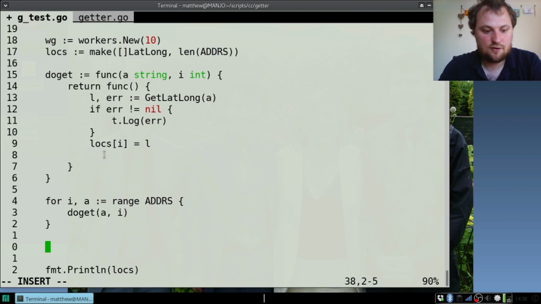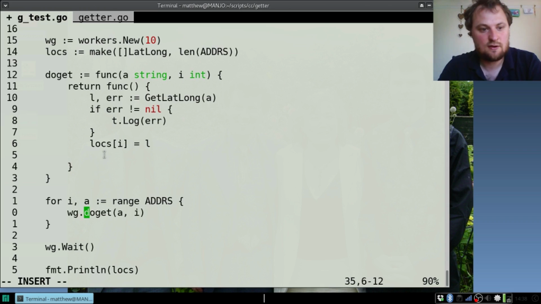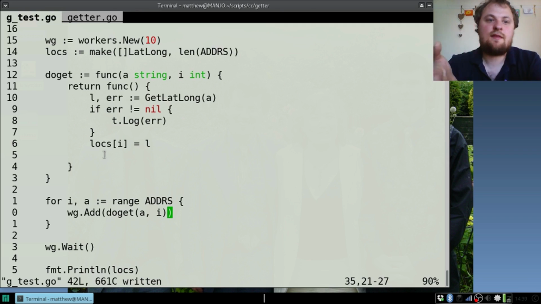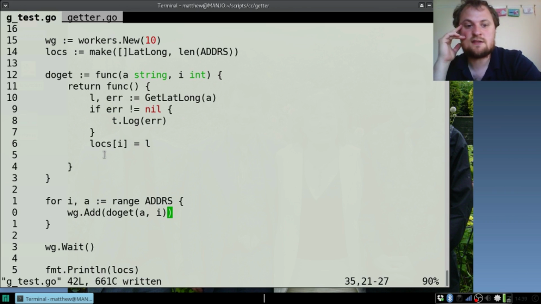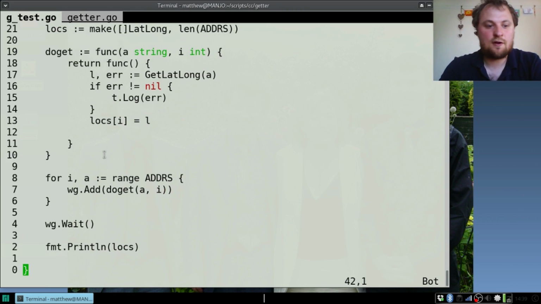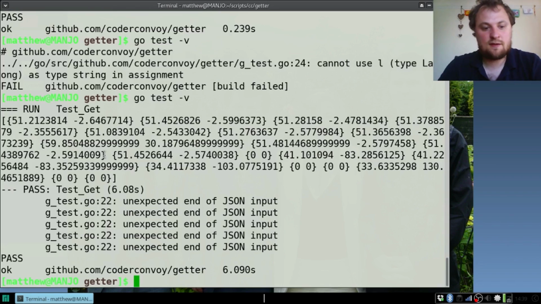Nothing should happen, of course, because WG also needs a wait called, and this is wrong because this returns a function, so we do WG.Add. So this is our work group, so it starts a ton of worker functions here, and then we add the functions that we want it to do, and it will start them immediately as soon as it gets them, but it can only do up to 10 at a time. And then when we hit wait, we wait for every single one of those things that we've added to be completed so that we can move on and print them all out. So now if we run this test,